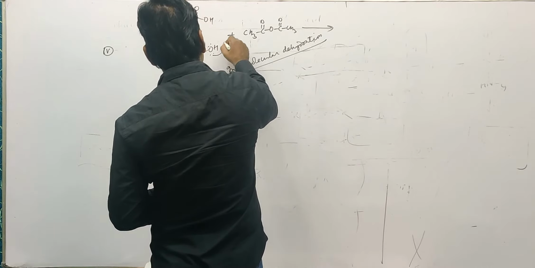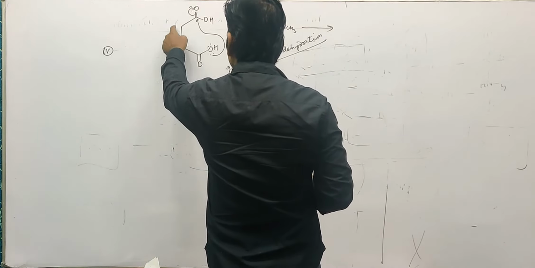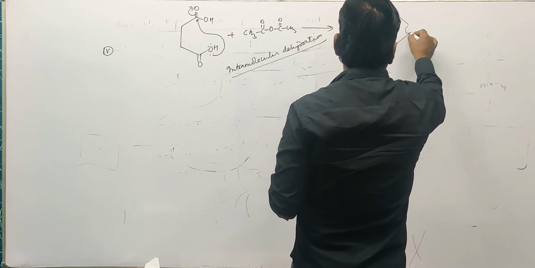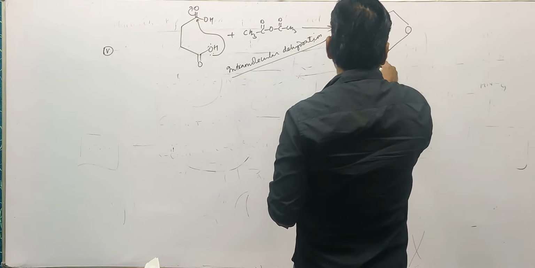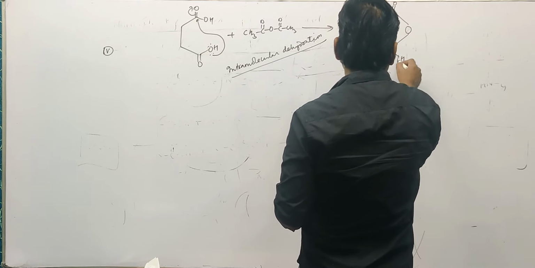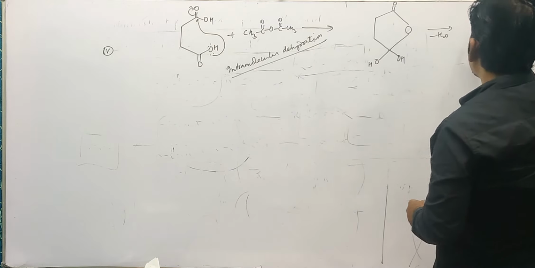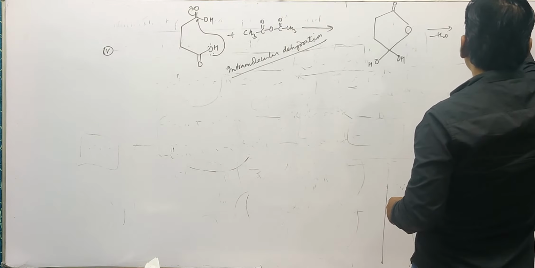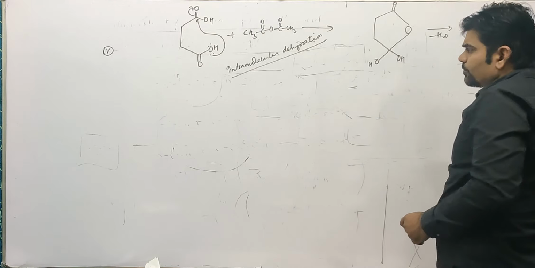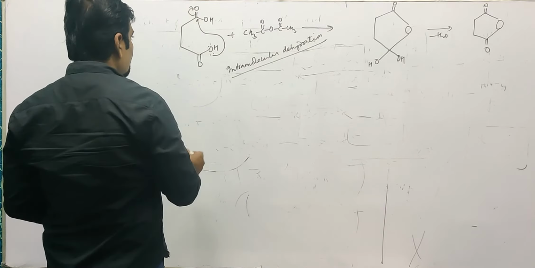This electron pair approaches and this bond is getting transferred. So this will become 1, 2, 3, 4, 5, and now a 5-membered ring is formed. Over here there is OH, and over here double bond O. This eliminates a water molecule, becoming a 5-membered anhydride with double bond O. This is called succinic anhydride.